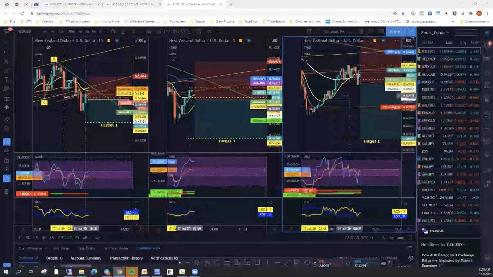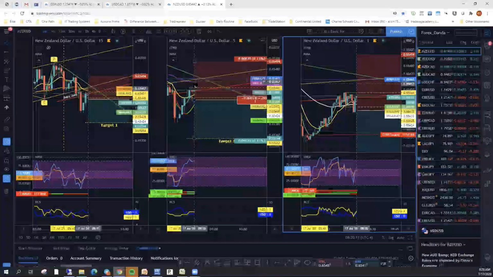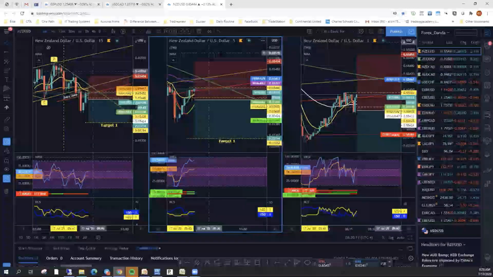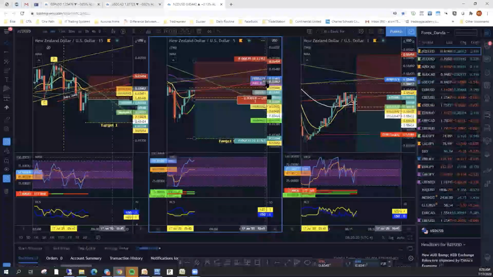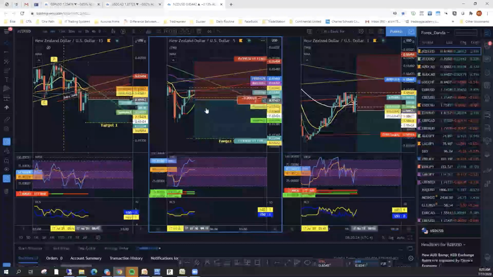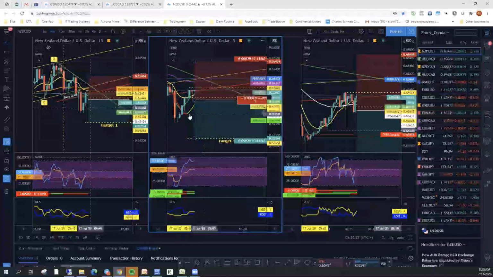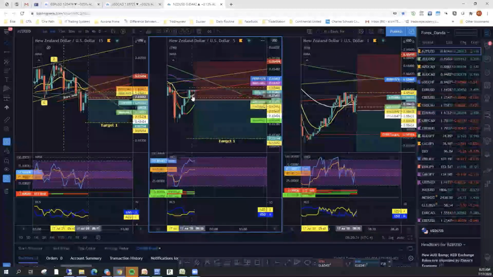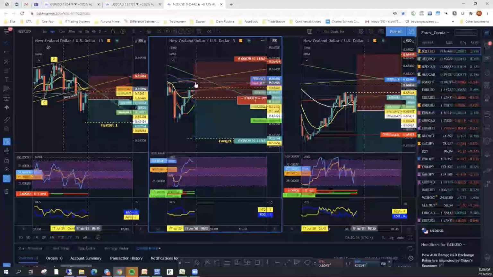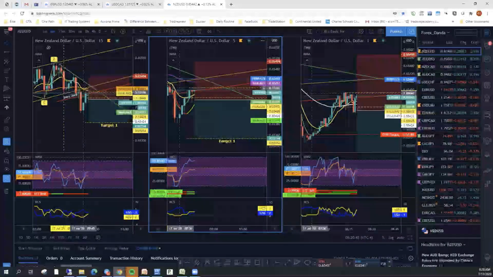Okay. Would tagging the 62 and the wedge have a special importance on the NZD USD? Yes, it would. Because right now all the moving averages are in the correct direction. We have your 62, the 13 is the yellow one, and then you have the green. Your green one just flipped, across the 13. But we still, the 62 is still the stronger of the, and right now the 62 is right